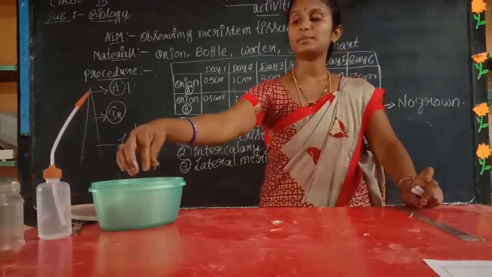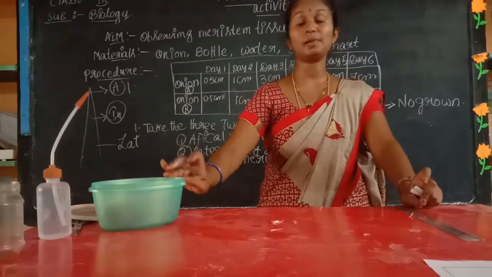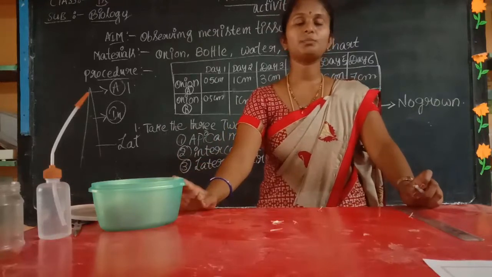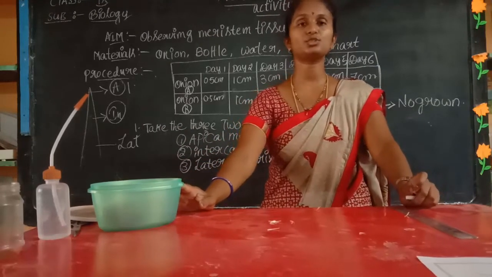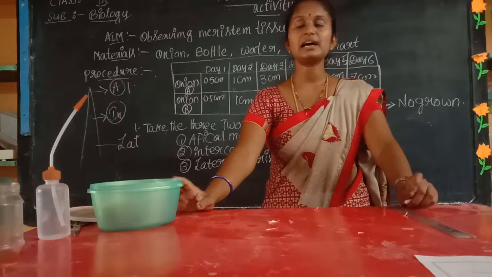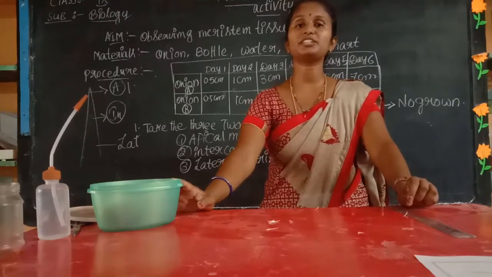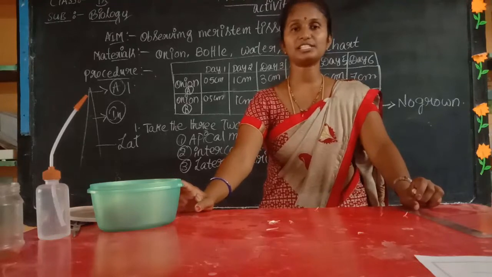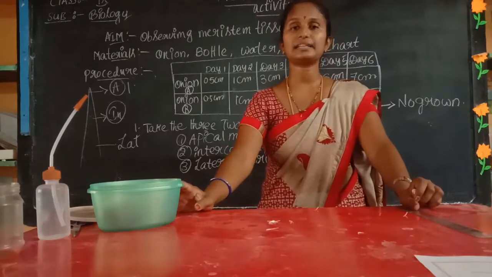That's why the meristematic cells play a very important role, and they can produce the roots and shoot system very fast. It plays an important role in plant tissues to generate each and every cell in a plant organism.